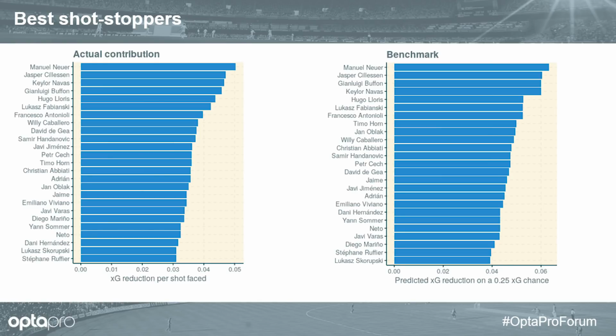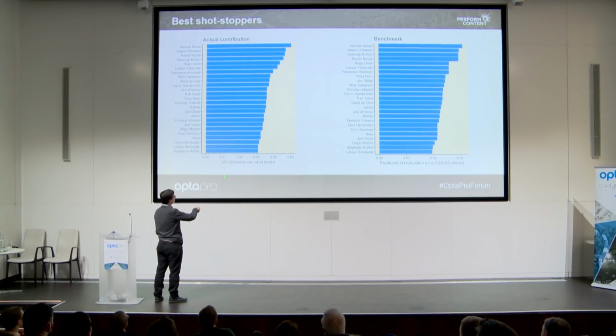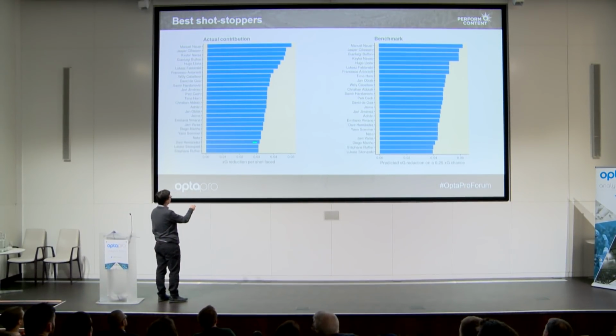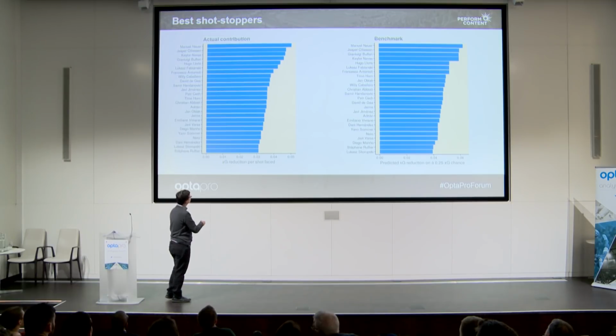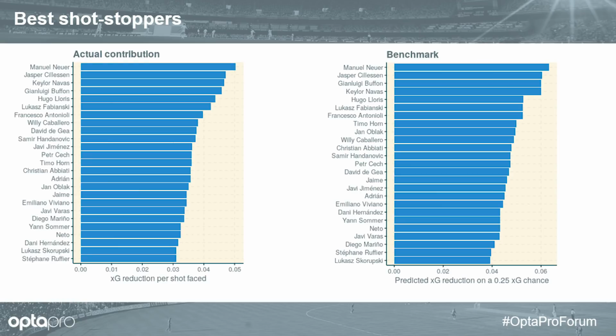If you look at goalkeepers, the principle of the left list and the right list is the same. Here is how much XG reduction per shot those goalkeepers provide, and here is how much they would provide in a hypothetical 25% chance. And it's 25% because here we're conditioning on the shot actually already being on target, which increases the kind of